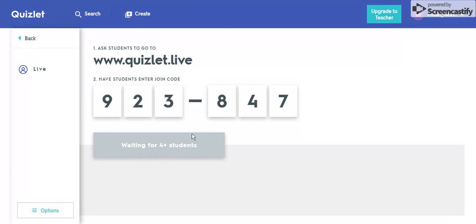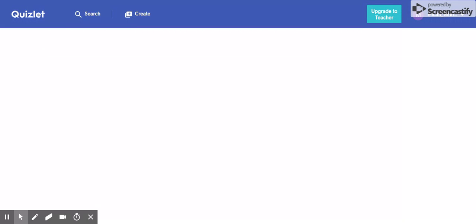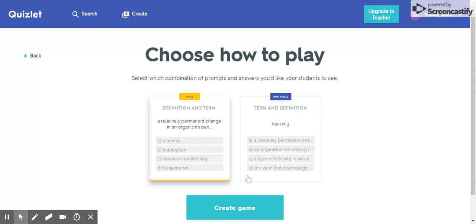Now, unfortunately, because I don't really have the ability, it's going to play music. I don't really have the ability to have anybody log in for me right now, but eventually, let's say I have like 20 names or something like this. I'm going to go back so we don't have to listen to the music. So eventually I would have 20 names, and then I would hit start game,